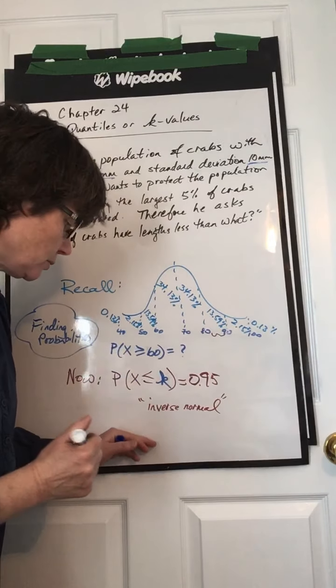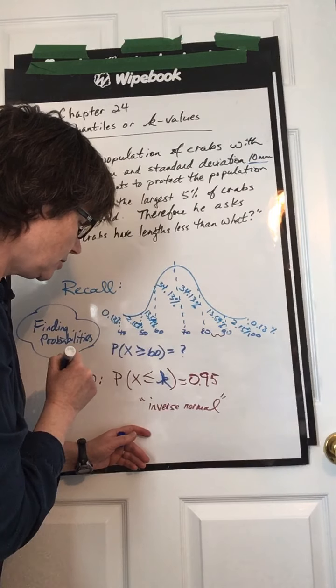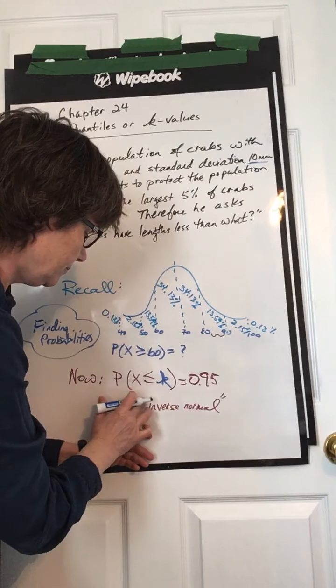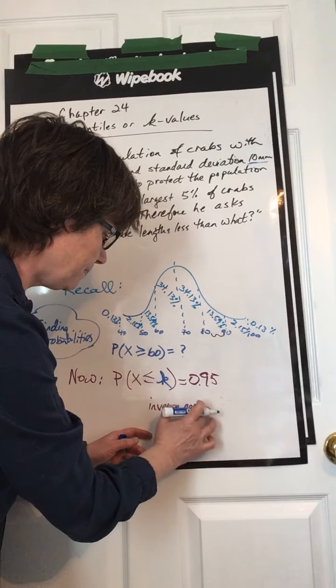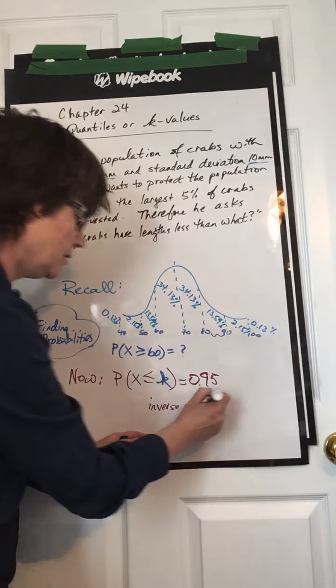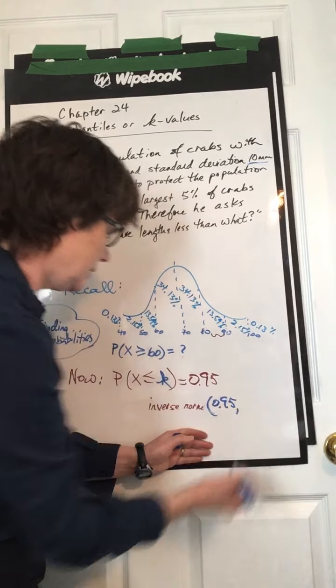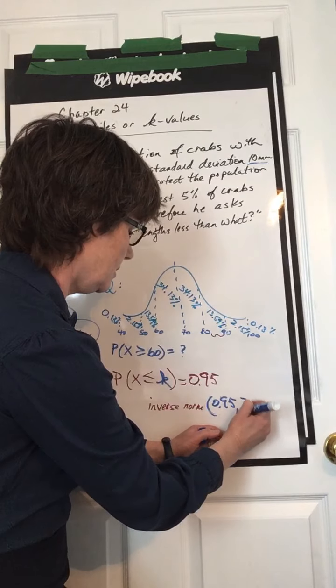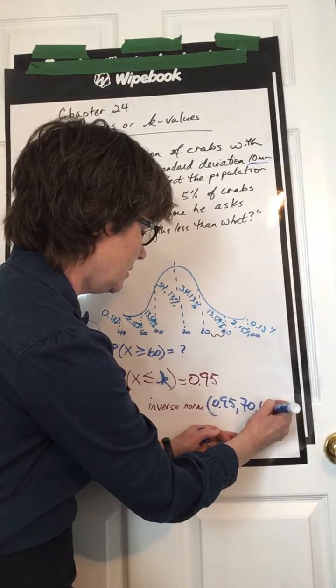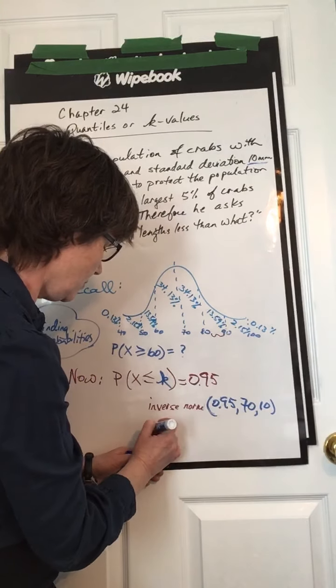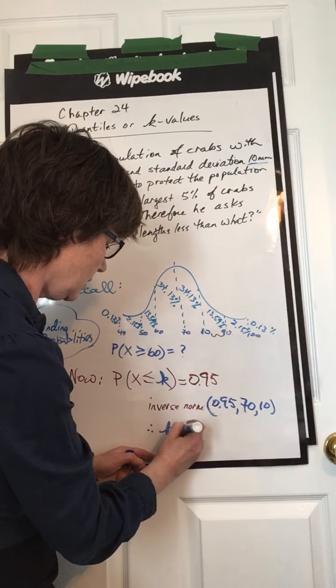We'll talk about that in subsequent videos. Here's the notation you could use: write inverse norm, and then write what you had to write down, the area, which is the probability, the mean and the standard deviation, and therefore we calculated k to be